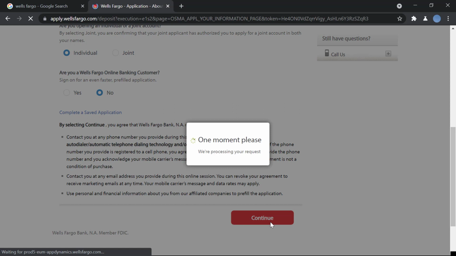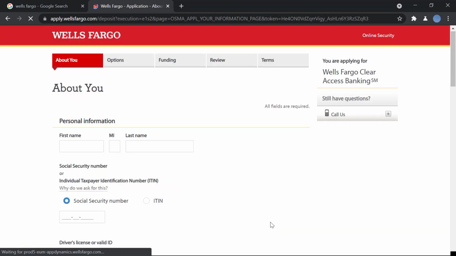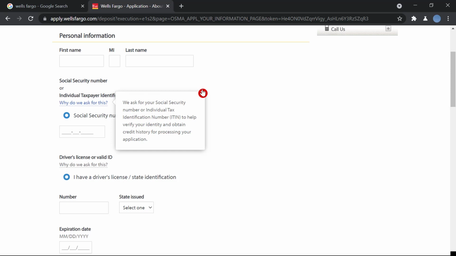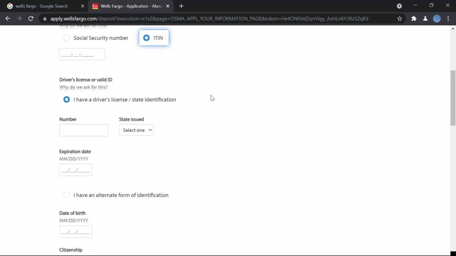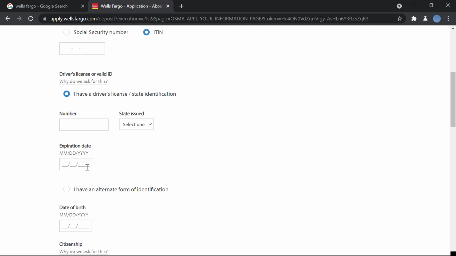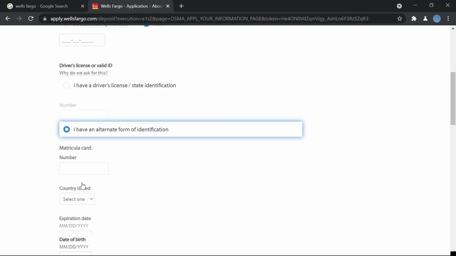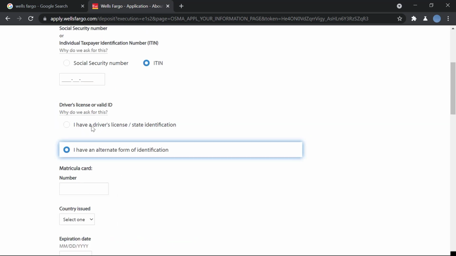So once you do that, you'll be brought on to another page where you fill in your personal information: first name, middle name, last name, social security number, or if you don't have that, you will enter your taxpayer identification number. Then you'll either use your driver's license or state identification or any other valid ID. You'll enter your driver's license number here and the state where it was issued. You'll also enter the expiration date of your ID, and if you have an alternate form, you will use an